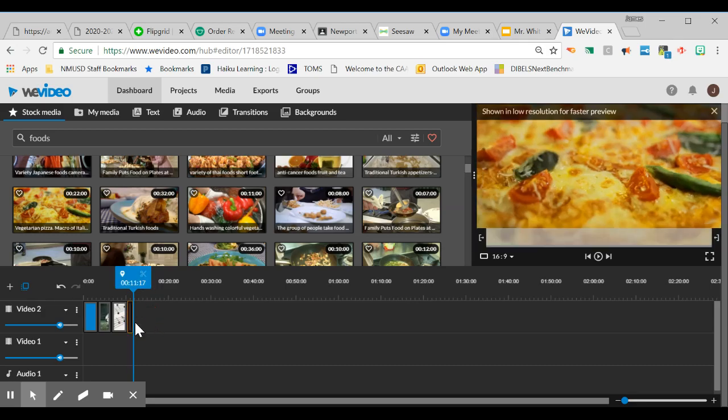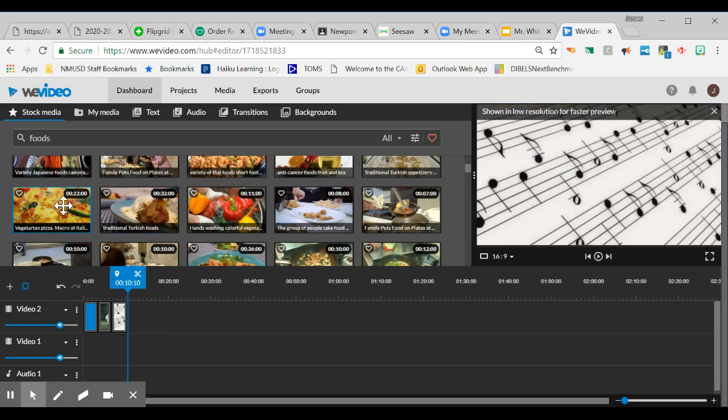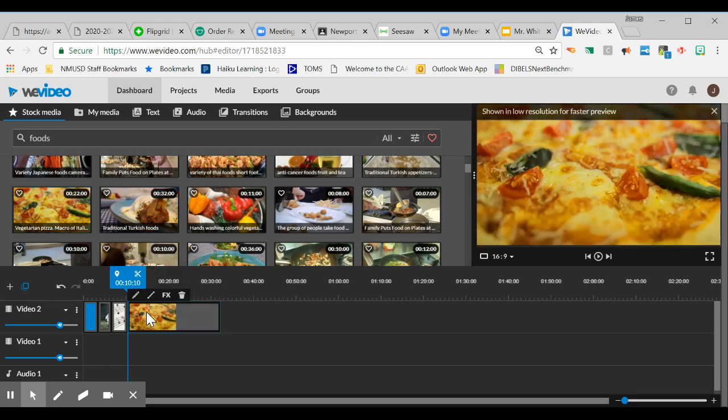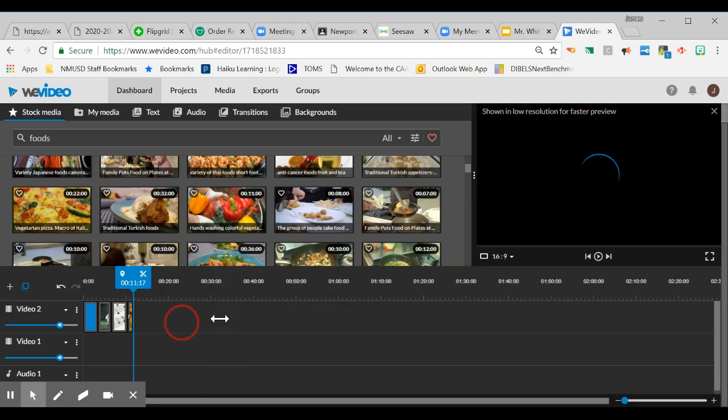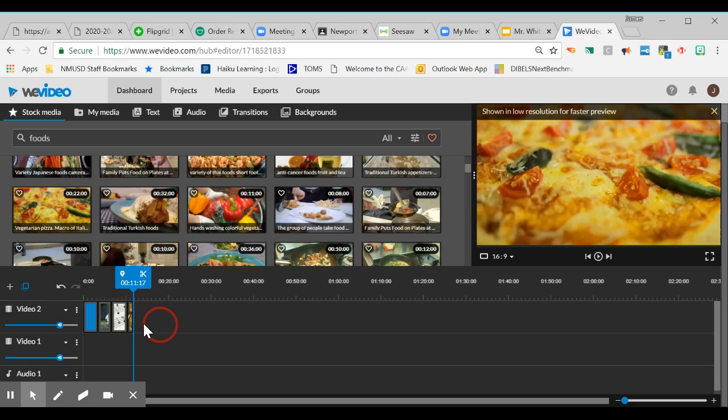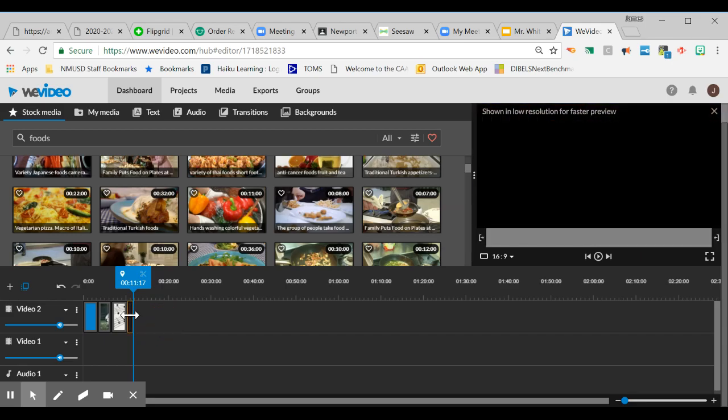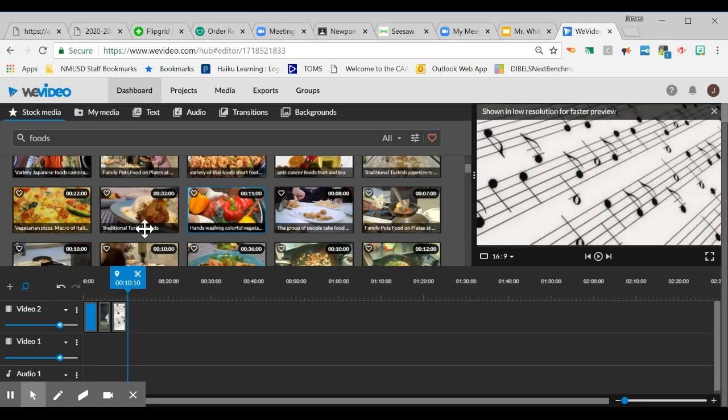If you mess up, you can always delete it too. Don't forget, if you click it, you can actually delete it, and you can go back and try it again. When you stretch, you have to be careful with some of these stock medias, boys and girls, because some of them are kind of temperamental. Okay, so that's what you're going to do. You're going to be using your stock media page, and you're going to be inputting 2 favorite foods, 2 favorite hobbies, your favorite animal, as well as your favorite